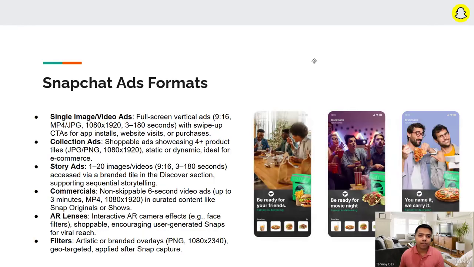So there are different ads formats which you can create on this platform right now. For example, single image or video ads, collection ads, which are basically shoppable ads, which you can create here, story ads, which contain 1 to 20 images or videos, commercial ads, which are non-skippable 6-second video ads. Also, there are AR lenses and filters, which you can use here to make your ads quality much more enhancing and